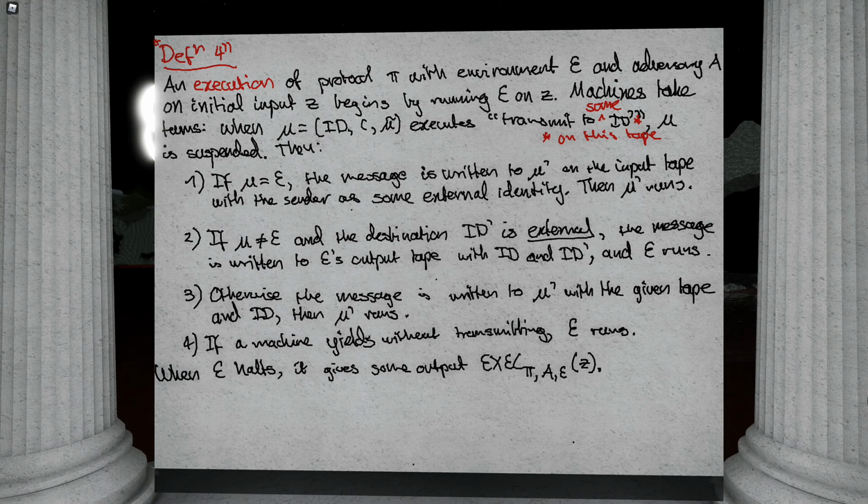And you can think of this as a random variable, right? These are probabilistic Turing machines. So their random tapes have some distribution. So you can think of the output as a particular value for a fixed set of machines in the support, or you can think of it as a random variable over the distributions of machines. Does that bit make sense? So the environment halts at some point, it spits out a value, and I'm going to call the value this, but it also represents a random variable.